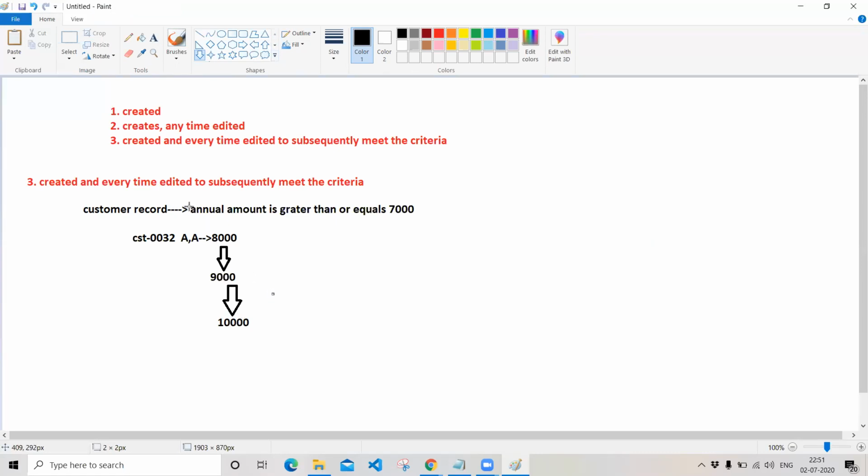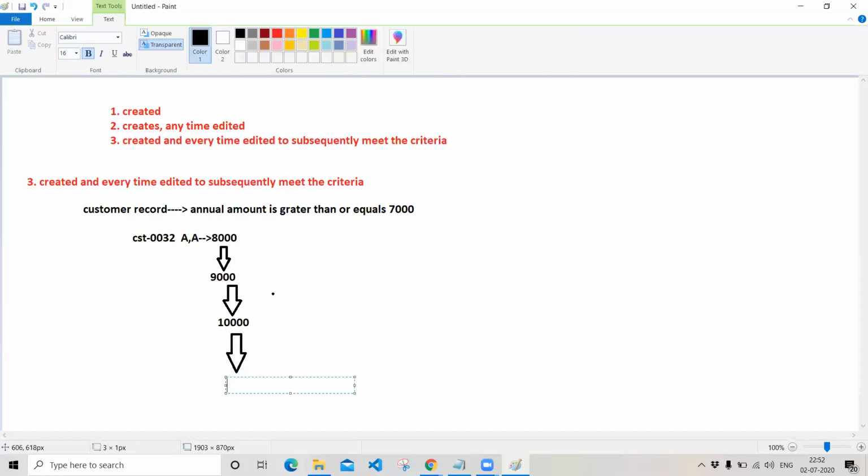But the rule says the amount greater than 7,000 should fire. Since we are updating the amount field greater than 7,000, it will still not fire. So when will this rule fire again? Whenever you make the amount less than the specified amount. The 7,000 is the amount limit, right? Where the workflow rule will fire. If I reduce the amount to less than 7,000, suppose I updated my record with the annual amount as 6,000, then what will happen? Then the rule will get ready to fire. It will not fire, but will get ready to fire.